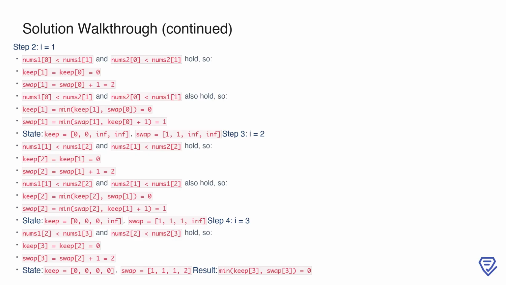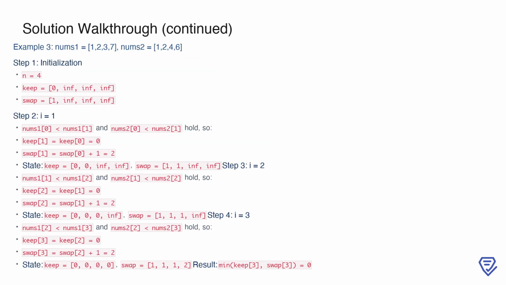The state arrays are now keep equals 0, 0, 0, infinity, and swap equals 1, 1, 1, infinity. At step i equals 3, nums1[2] < nums1[3] and nums2[2] < nums2[3] holds true, so we set keep[3] to keep[2], which is 0, and swap[3] to swap[2] plus 1, resulting in 2. The final state arrays are keep equals 0, 0, 0, 0, and swap equals 1, 1, 1, 2. The result, the minimum of keep[3] and swap[3], is 0, indicating no swaps are needed to make the sequences